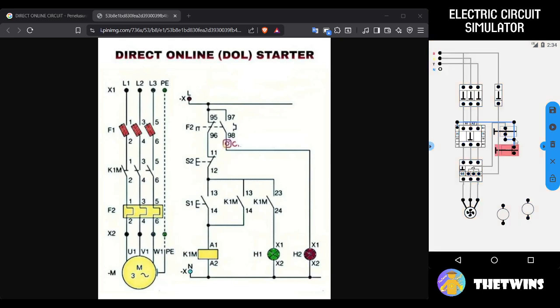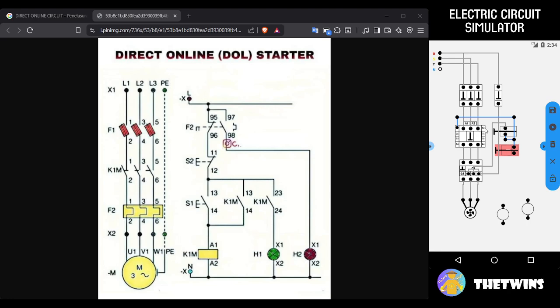Let's wire again. Add point. Okay, 13 and 23 does not exist, yeah.